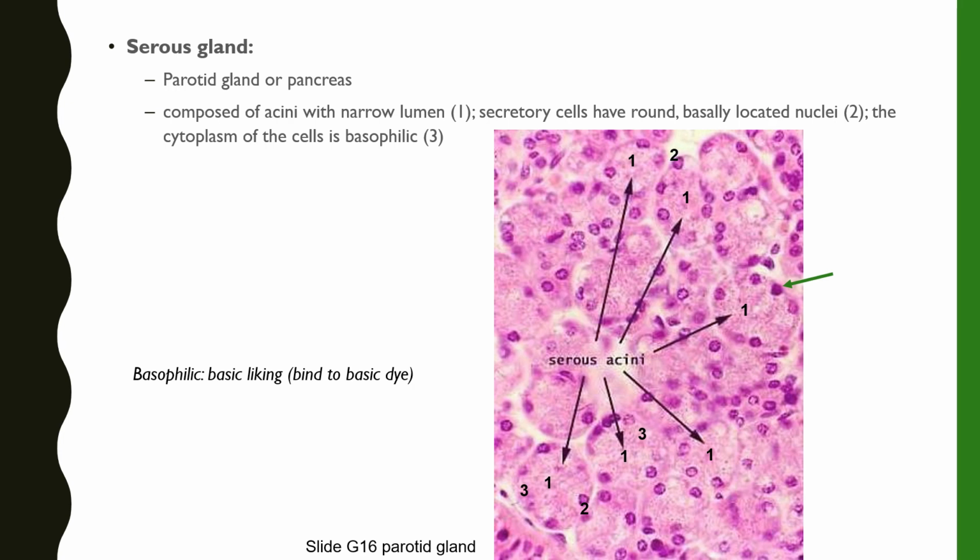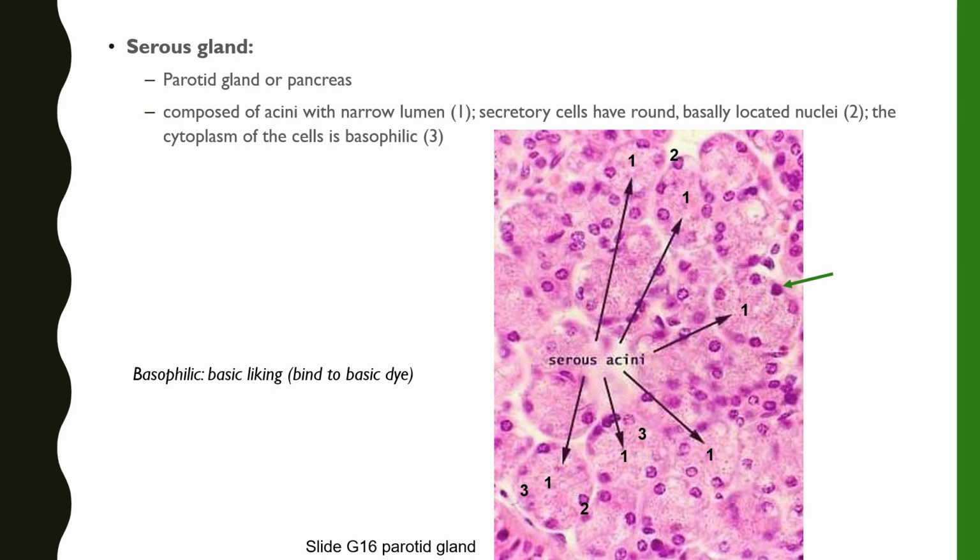Second, it has secretory cells, which have a round, basally located nucleus. Example here in the small green arrow. It is one serous acini which has a round basally located nucleus. And the third